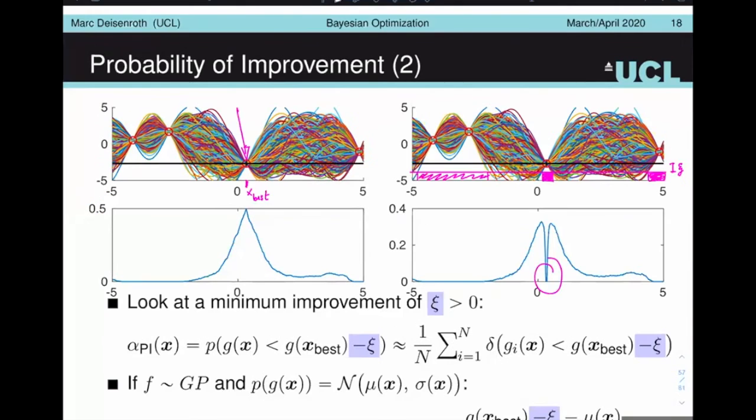So basically, we slice out this bit from this curve to get to this curve, because the improvement is not sufficient, and then we would